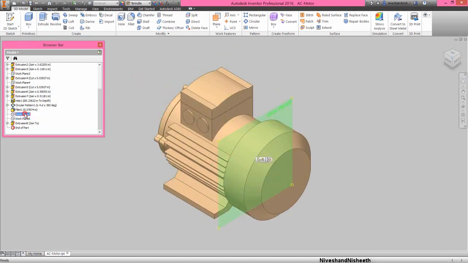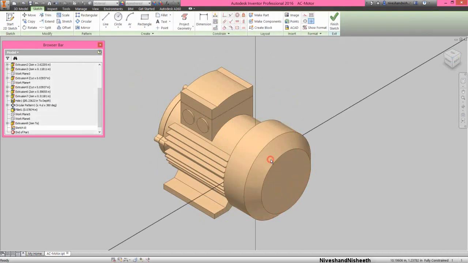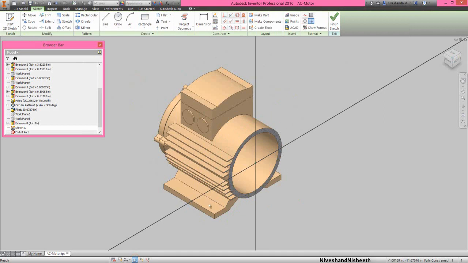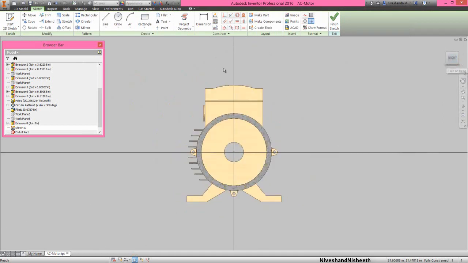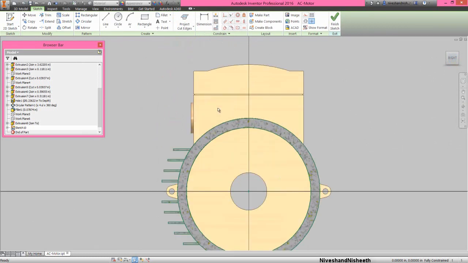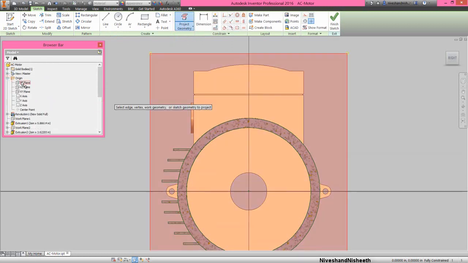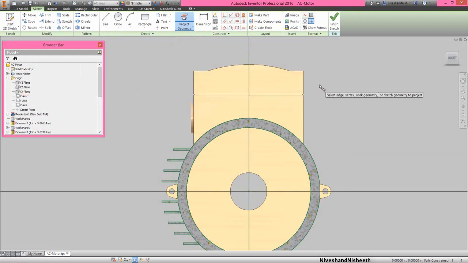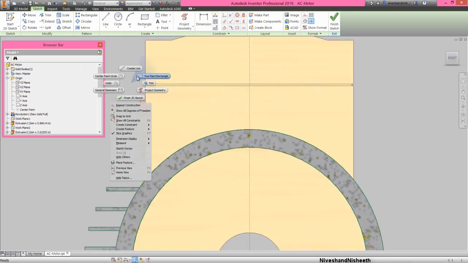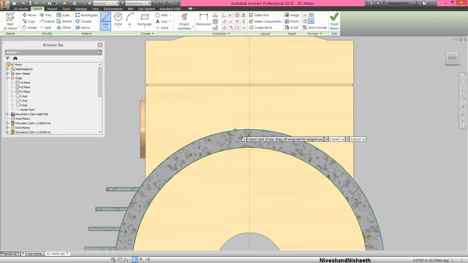Create a new sketch on this plane once again. In the same manner, we will draw the sketch profiles over the top side that we had done previously over the left hand side of the motor.